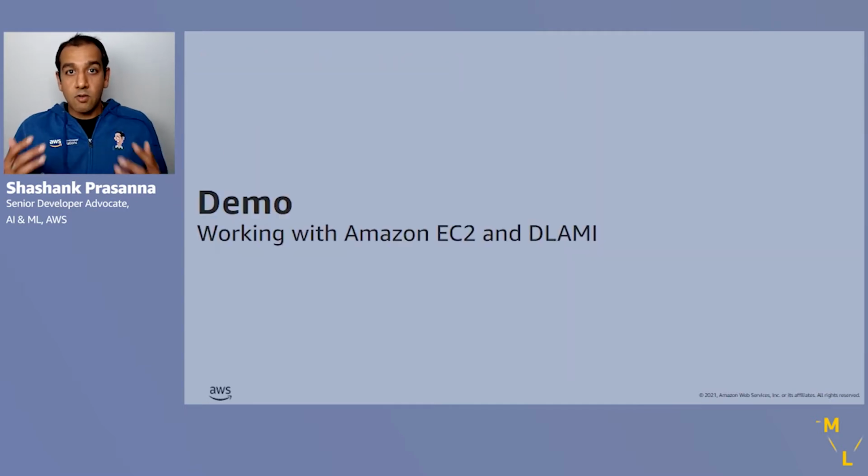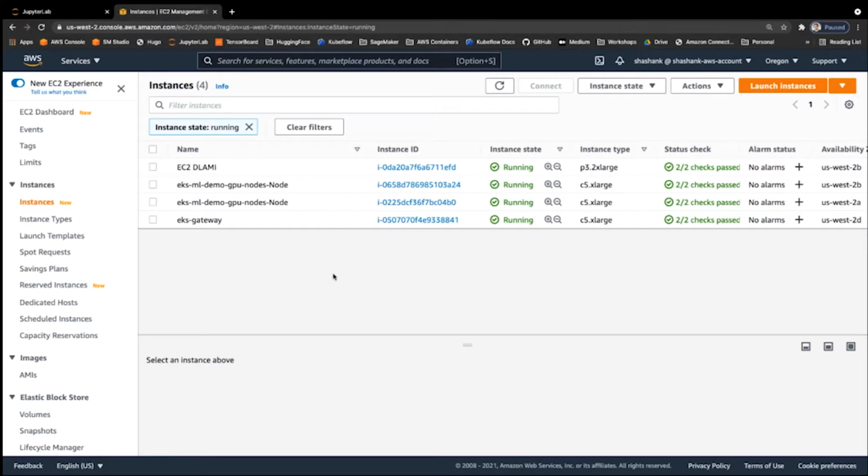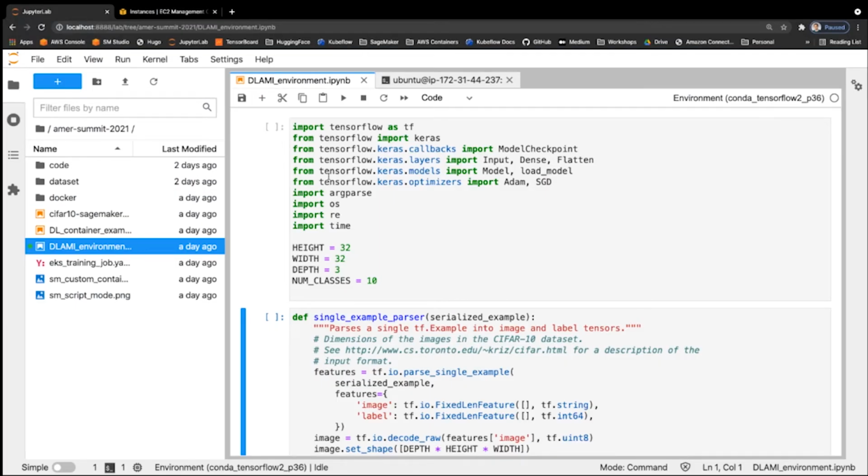Now, let's take a look at a demo of how this experience works. So let's take a look at how you can connect to an EC2 instance and set up your custom machine learning environment. What I have here is your familiar Jupyter Notebook interface. While you may think this looks like a Jupyter Notebook server running on my laptop, it's actually running on an Amazon EC2 instance. If I head over to the EC2 management console, you'll see here that I have an Amazon EC2 instance with the deep learning AMI, and this is a GPU instance. So I can now pull up a Jupyter Notebook interface right here on my laptop, which on the back end is connected to the EC2 instance.